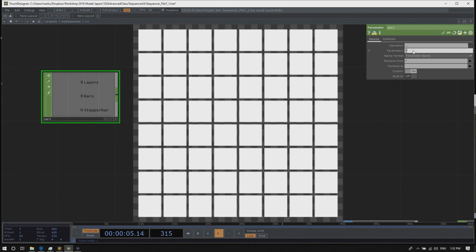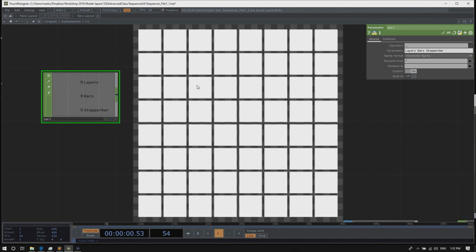So let's select only layers, bars, and step per bar.